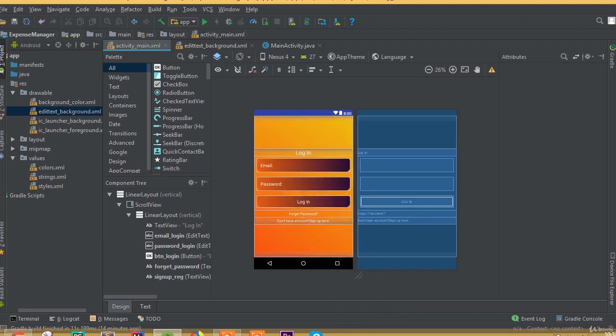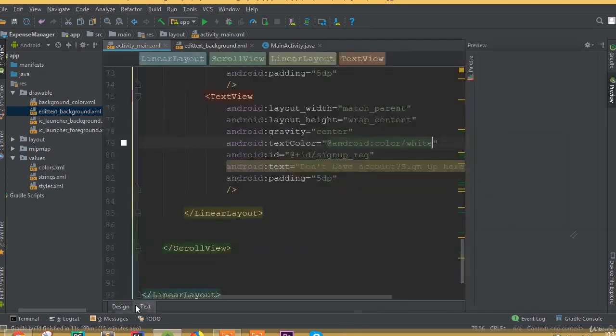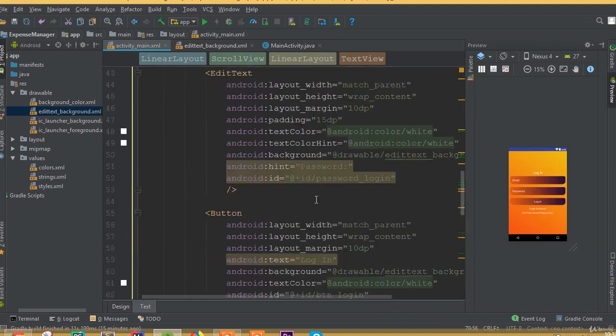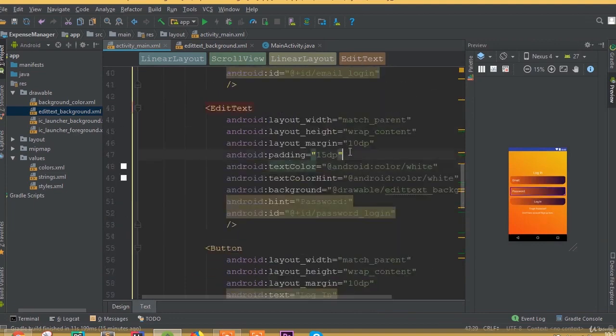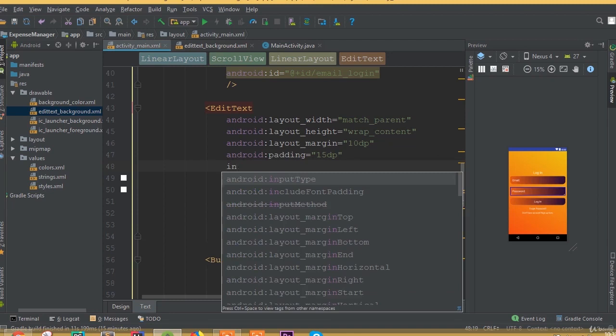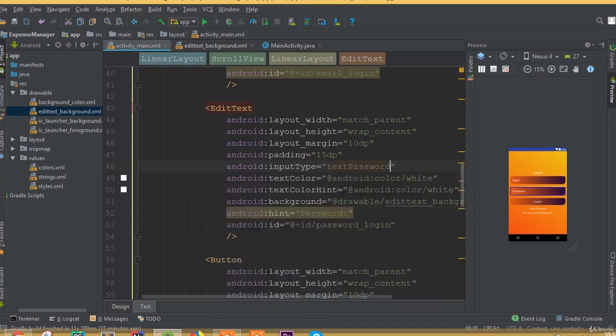Now I think all done. And we need to define an input type